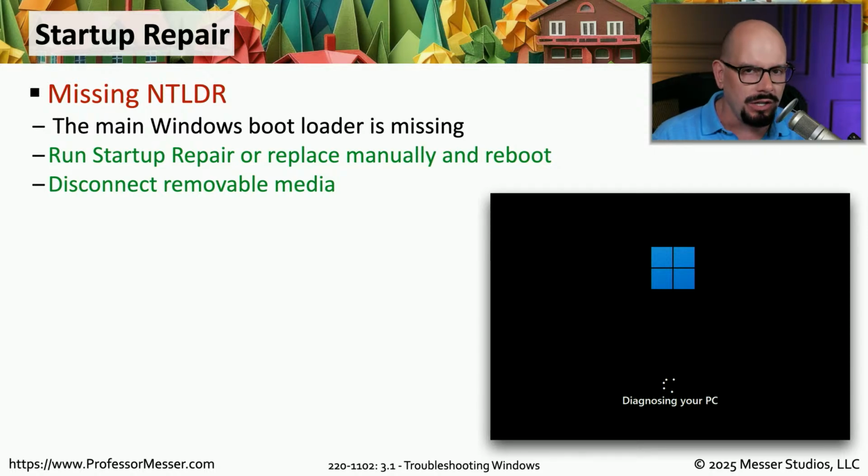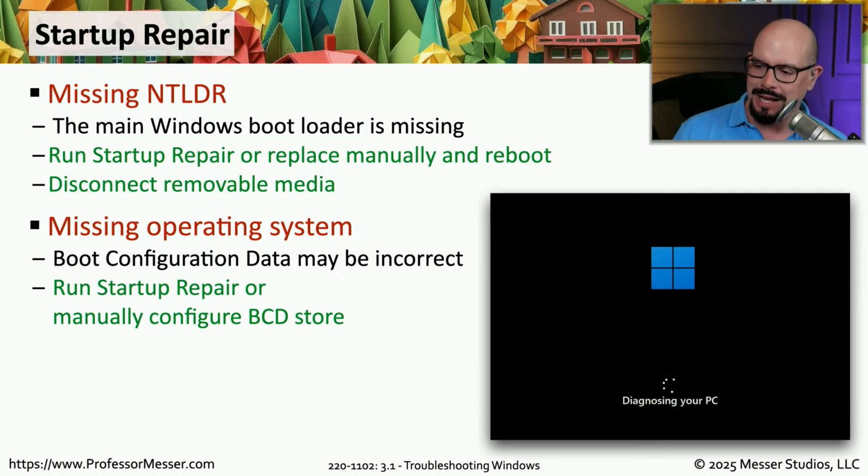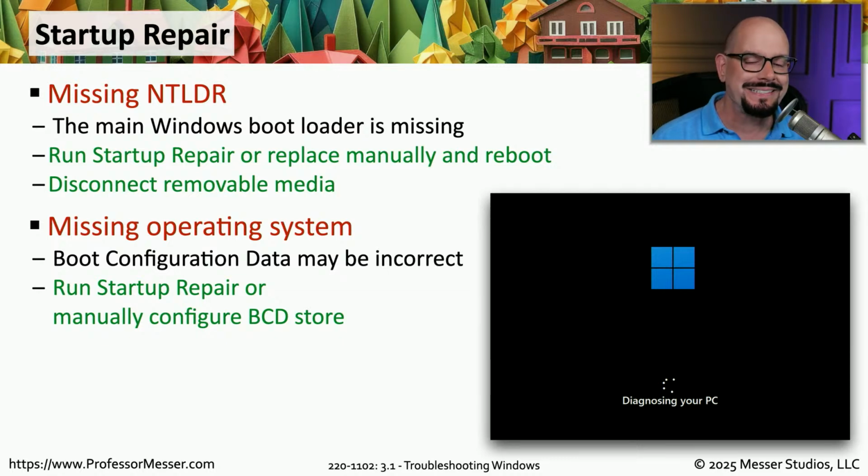It will check all of the little steps of the startup process to determine if they're working properly, and then it will make changes to fix any problems that it happens to find. The issue here, and the one that's important, is that we were seeing operating system not found. We're missing an operating system. It's not there. And the reason it's not there is because we tried to install Linux.